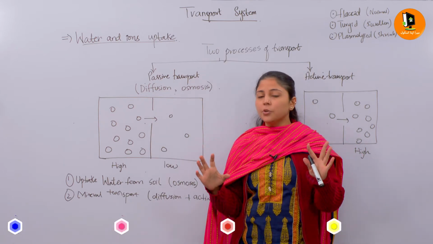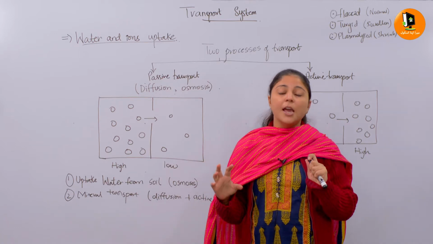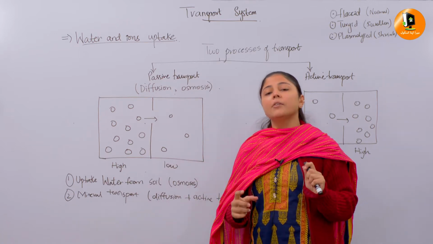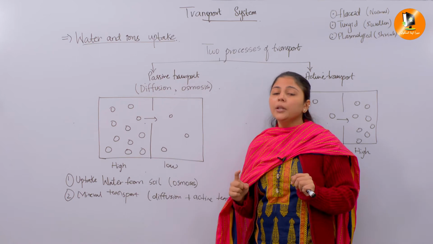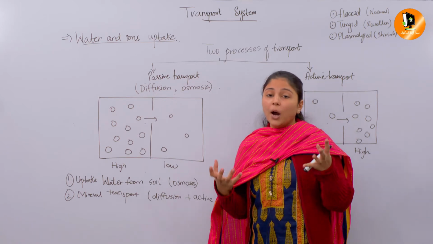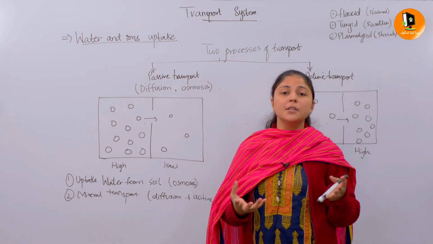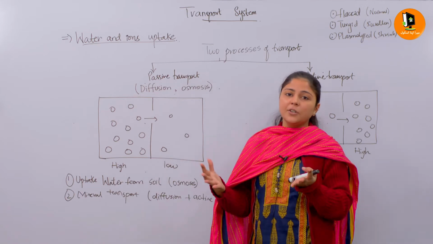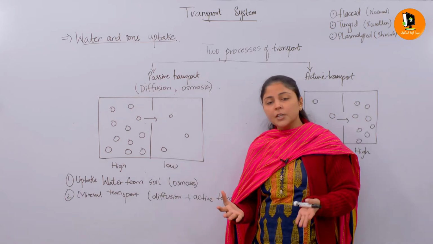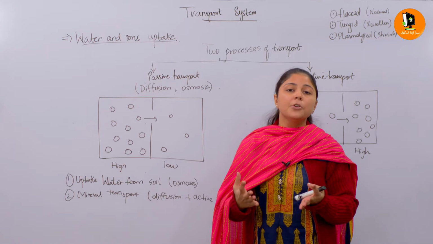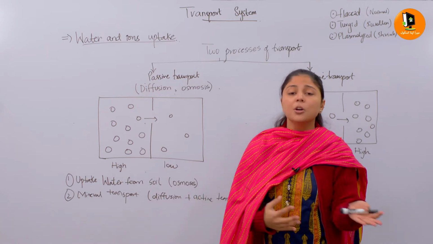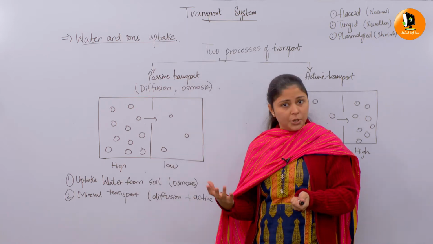In the structure of the root, there were three parts, and an important part was the root hair cell. There I discussed why there is a need for root hair cells: to increase the surface area, because more surface area always favors more and more diffusion, more gas exchange, more and more transportation over there.